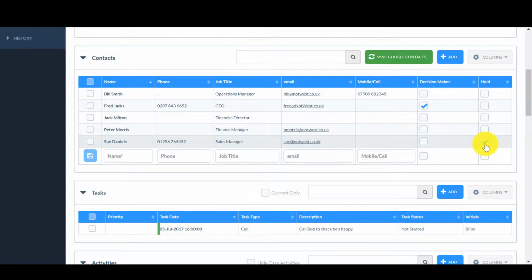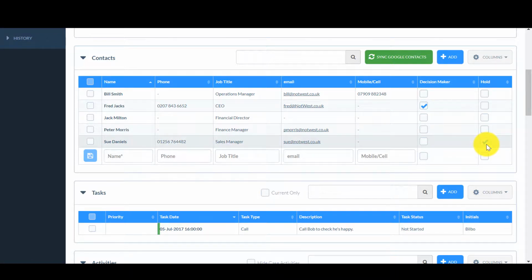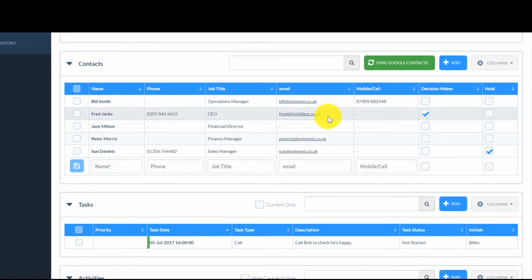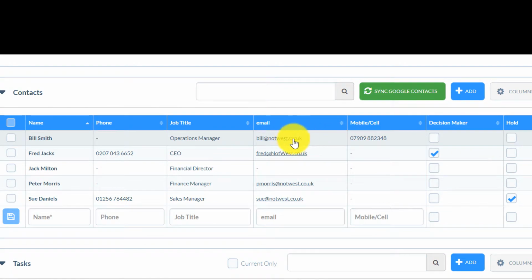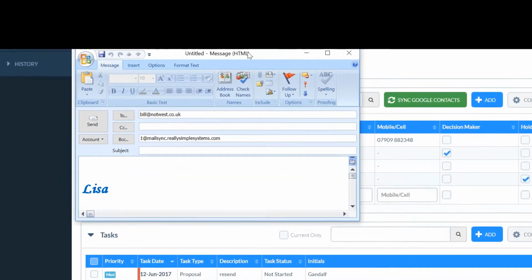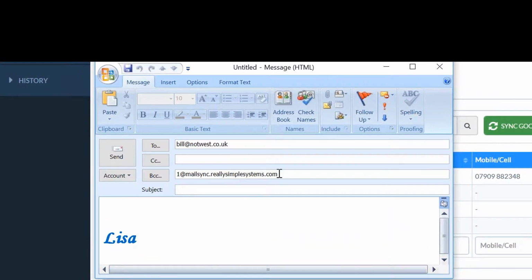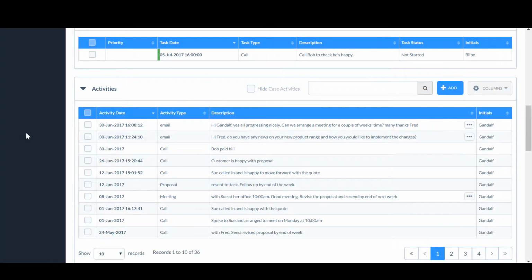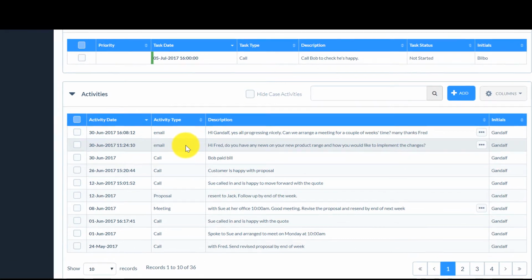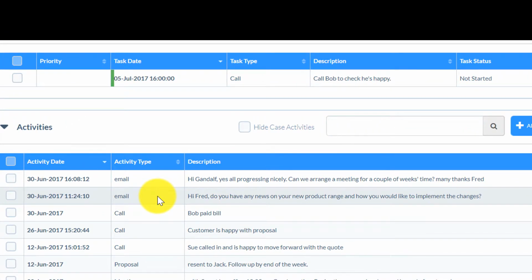You can simply send them individual emails, but they won't get the marketing emails. Our individual emails now have a two-way mail sync, which is available on all our paid plans. So you can simply go into any of these email addresses, click on the email, and it will take you to your email client. You send your email in the normal way through Outlook, as I've got open here, and it will blind copy (BCC) your CRM system once it's set up and automatically go into the activities section here